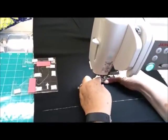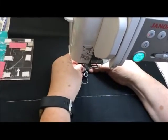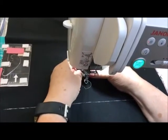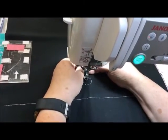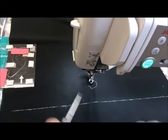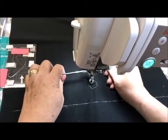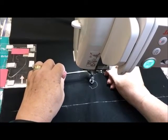So I need to put my other foot on. My machine automatically lowers the feed teeth. There were some questions this week about what to do if I have a machine that does not lower the feed teeth. Well, sometimes those machines come with a little metal plate that fits over the feed teeth, and